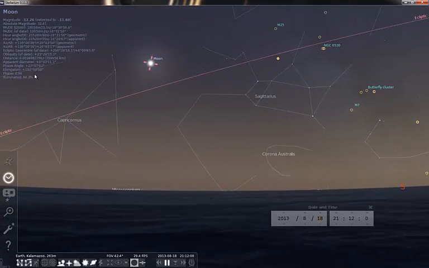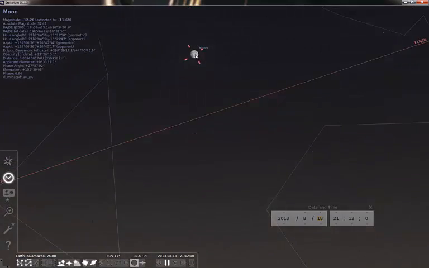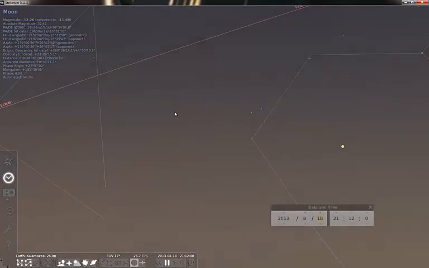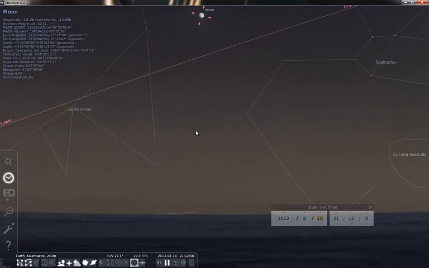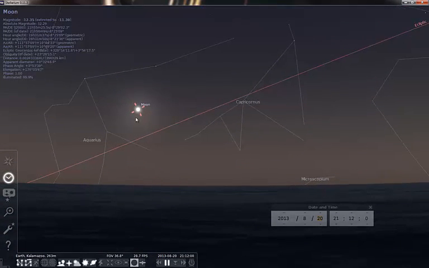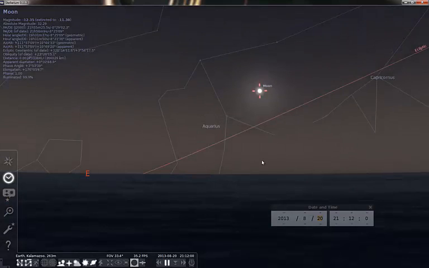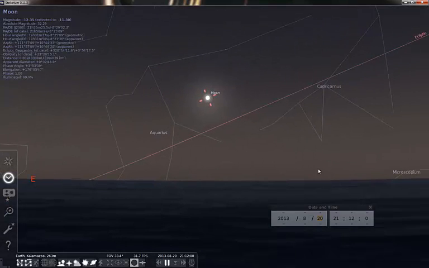A couple more days later, almost a full moon now. And you notice it's starting to head downward. Now it's considering this a full moon. So this is just a little bit above the eastern horizon, and we have the sun setting just below the western horizon. So right now, when the moon is full, it is on the opposite side of the Earth as